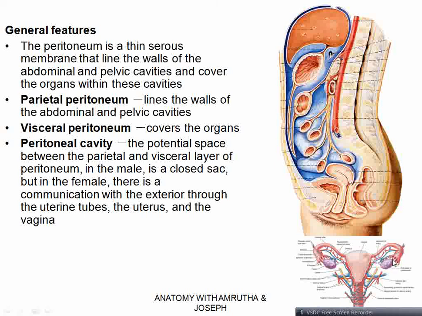So we know that the peritoneum is going to cover all of these organs, but when it covers this area on the medial aspect of the fallopian tube, there is a gap through which the ovum released from the ovary goes into the fimbria of the fallopian tube. So in females it is an open area, you can say that. In females it is an open sac, whereas in males it is a closed sac. So let's consider the peritoneum in detail in the coming classes.